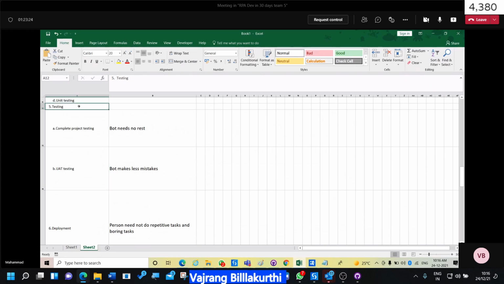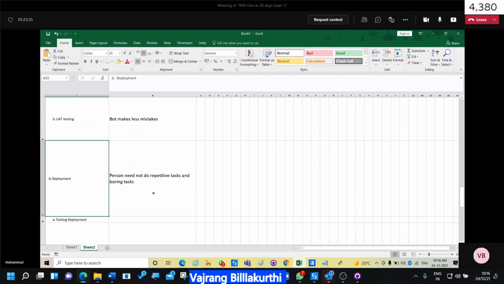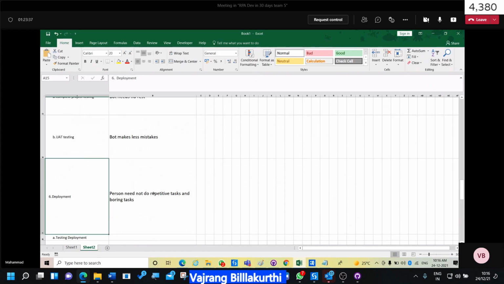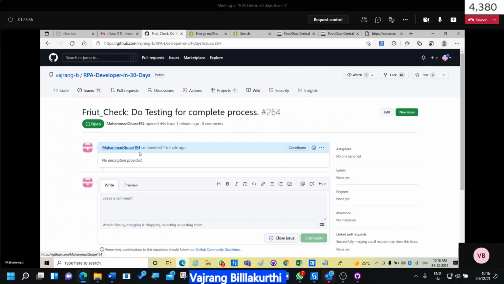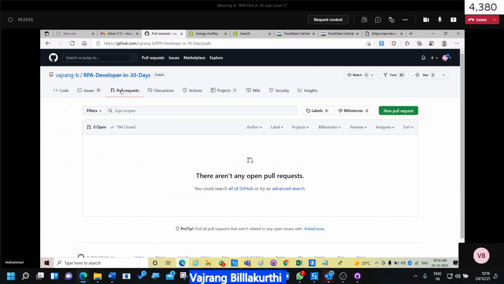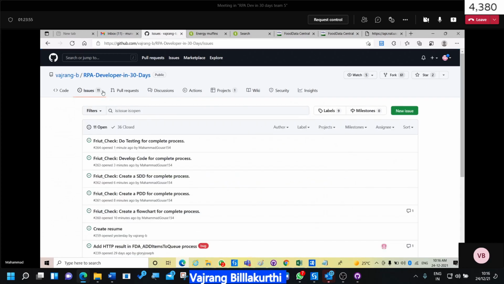No, for that, I have created a testing task, and shall I create for this also, or unit testing, or shall I continue with the deployment task? Go with subtasks as well. Okay, super. Then we didn't do the fourth one. Bajrang, where can I see the created tasks?